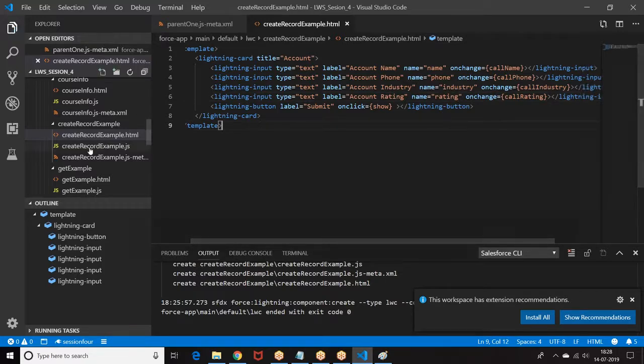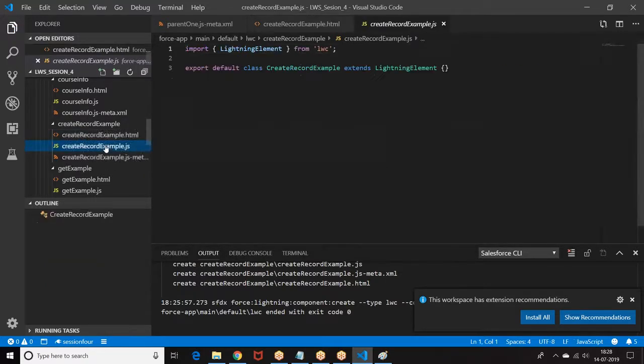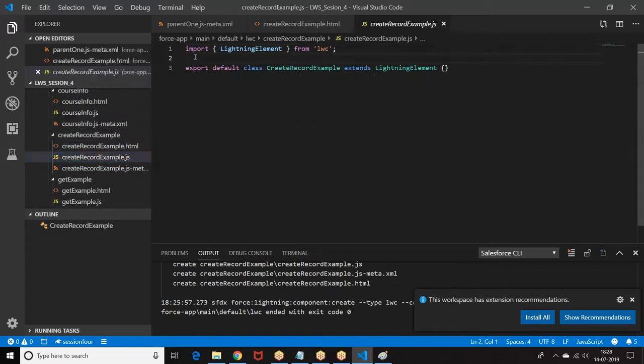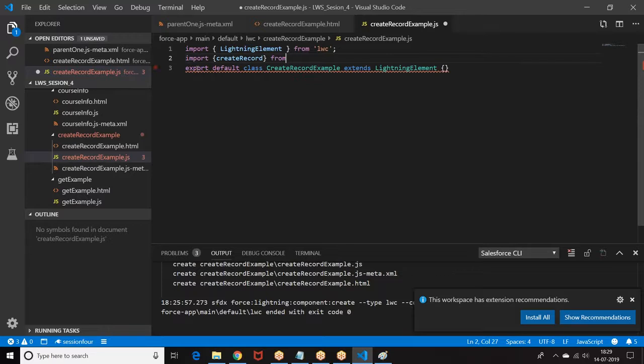Now let us go to the JS file. Whenever you want to use LDS, we need to import createRecord from the URI services. Look at the story.